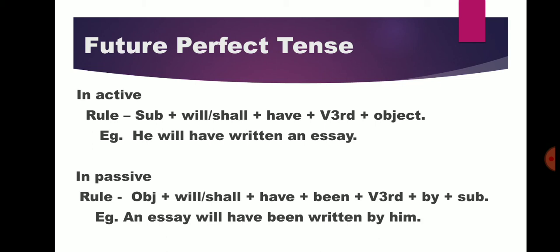Then according to the subject and the sentence tense, you have to use the be form like is, am, are, was, were, will, shall, all these. Then third, in every sentence of passive voice we use only the past participle, that is verb third form, and at last we add by, then we write the subject. So you have to learn all the rules, in active and passive both, according to the tense, then only you will be able to change any sentence of any tense into passive voice.